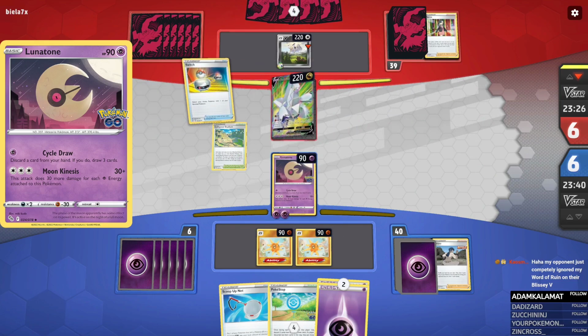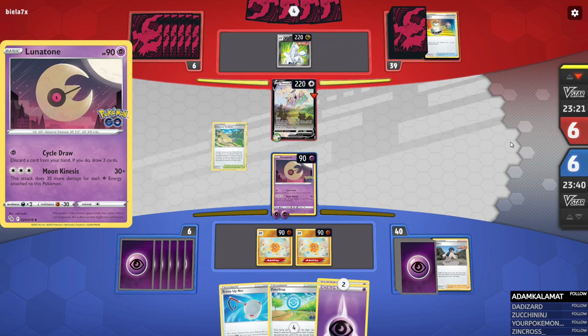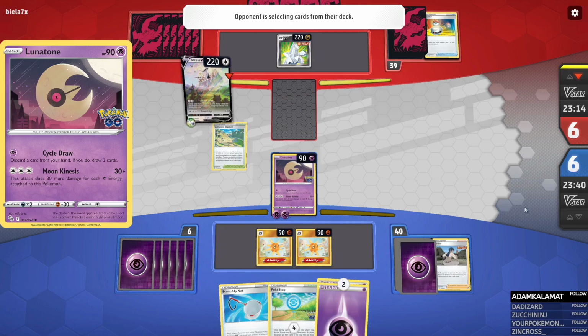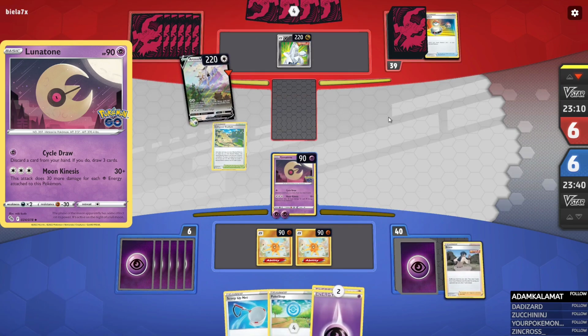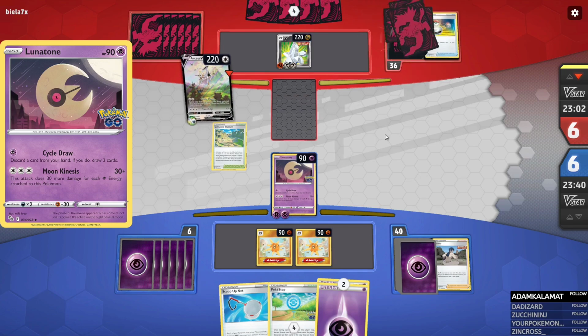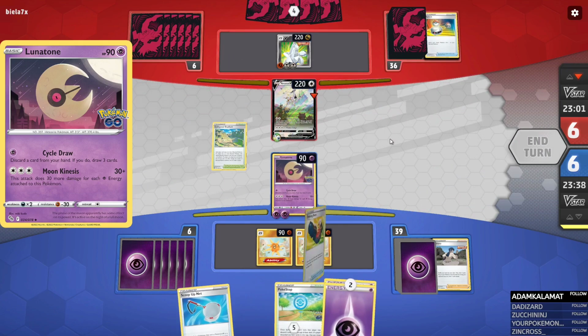They got the switch. But did they get the Arceus VSTAR? Are they just going to go for a Trinity Charge and then I can knock out the Arceus? Okay, so I can knock out the Arceus if the PokéStop is amazing. So, let's see. They got that set up. I need the PokéStop to be great. If I could top deck,